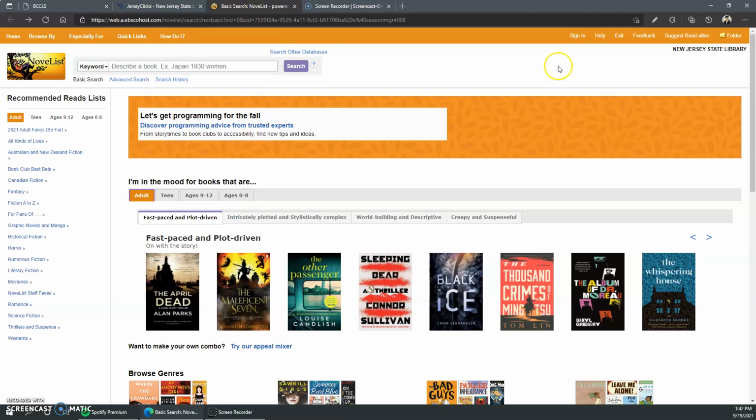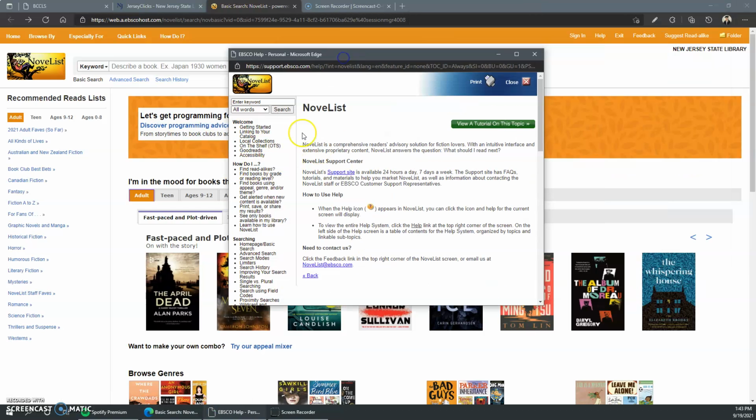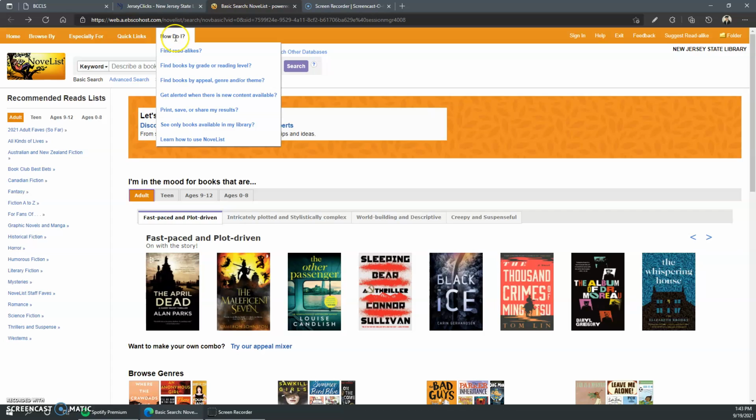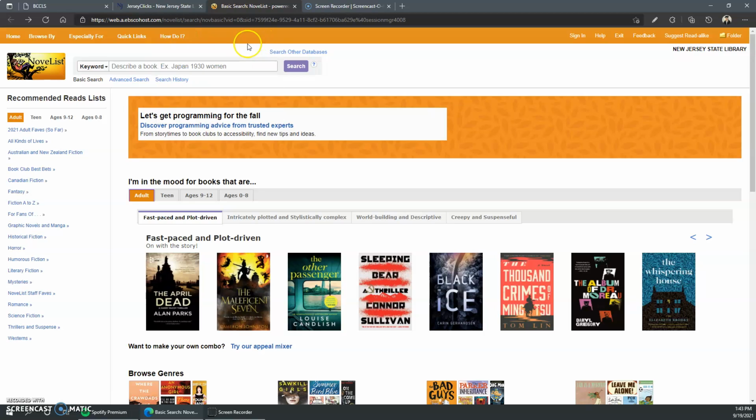So that's super helpful. There's also a help menu over here that you can click separately that brings you to a page very similar. So this one just has, it's almost like a frequently asked questions tab, in other words. So what I want to go over next, now that I've gone over kind of the main tabs, is